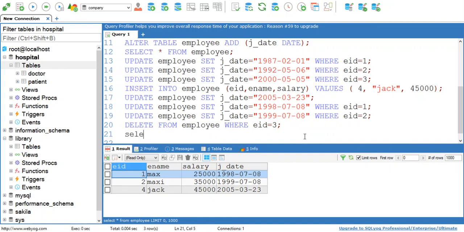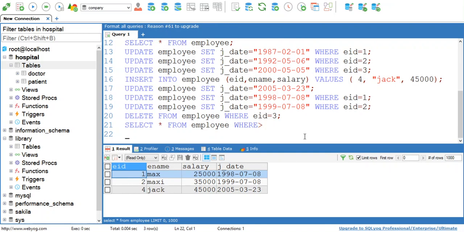Now let's see some of the variations of the select command. Select star from employee. Okay, now I want to select data for those employees who have salary greater than 30,000.